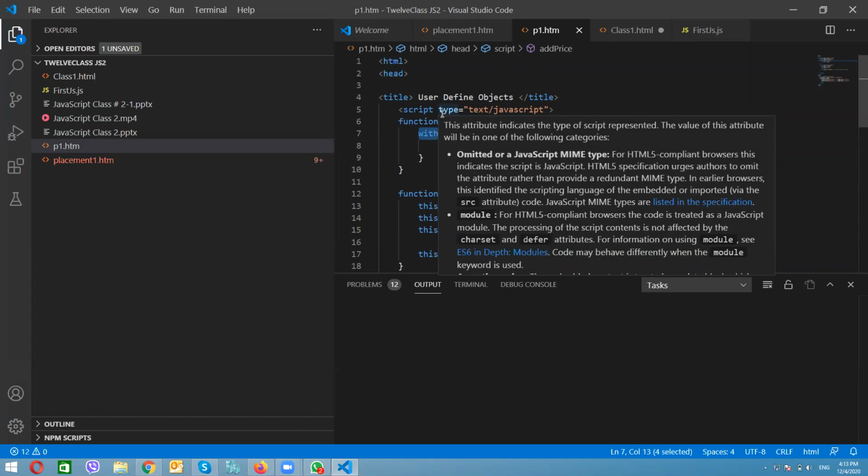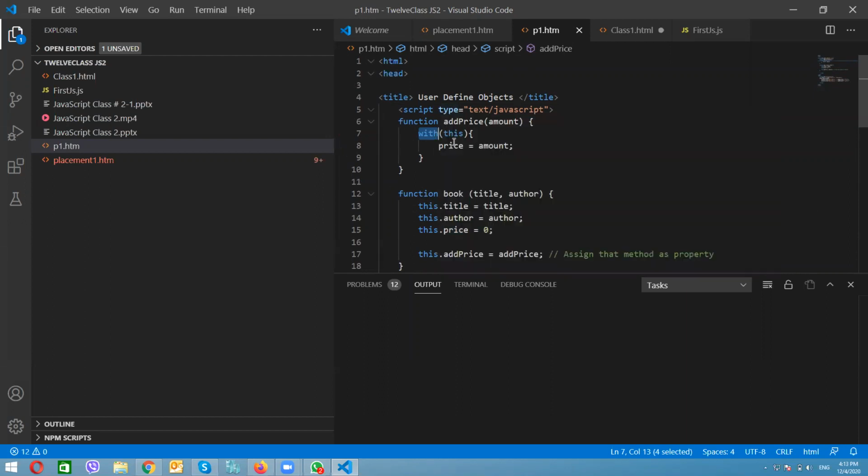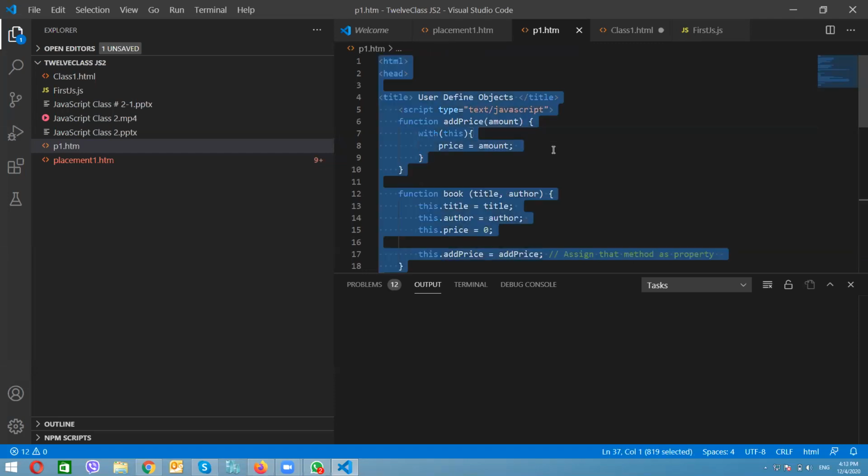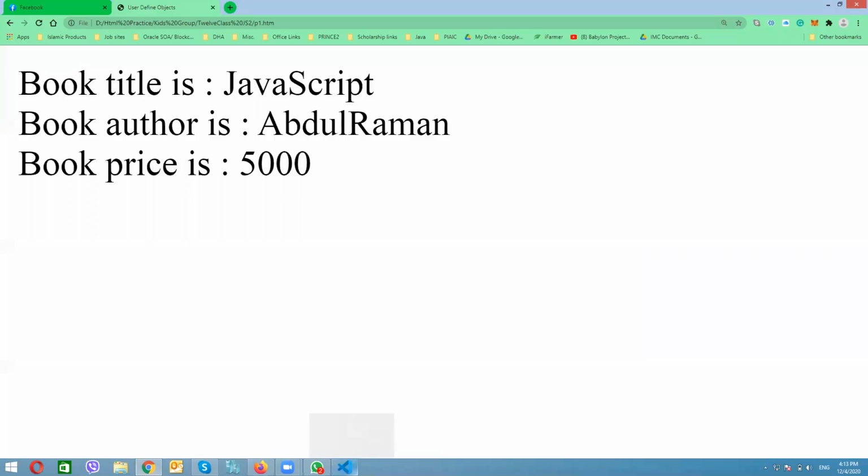Okay, so today we have learned in depth about objects. How objects perform, what is with. Each and everything we have learned in this object class. Hope you have understood. If you don't, I suggest you please do some practice at home, specifically with the object, because we are going to use this object in detail in our next classes.